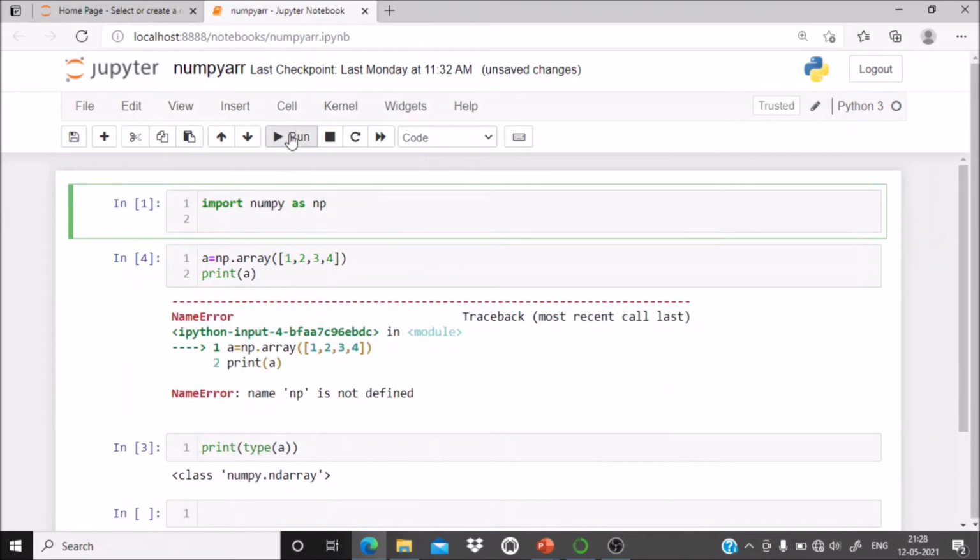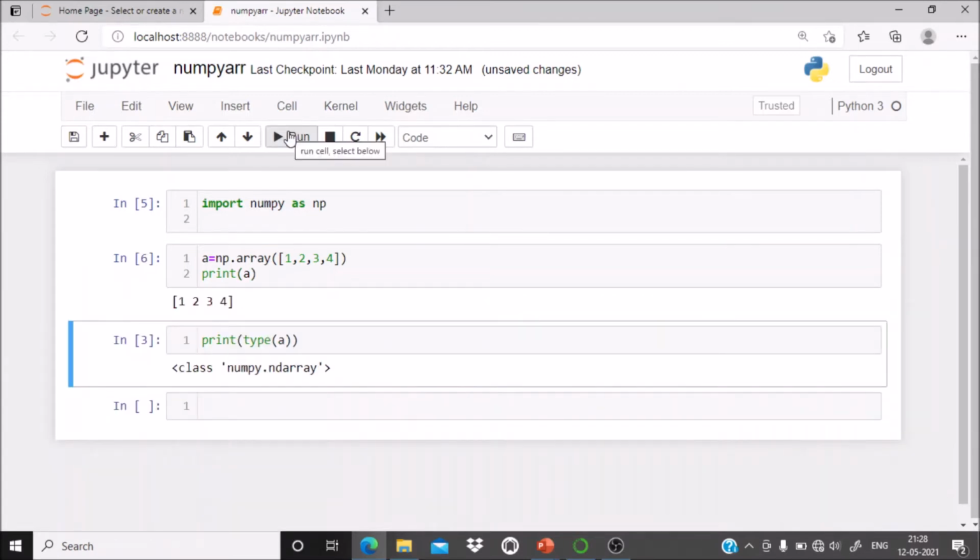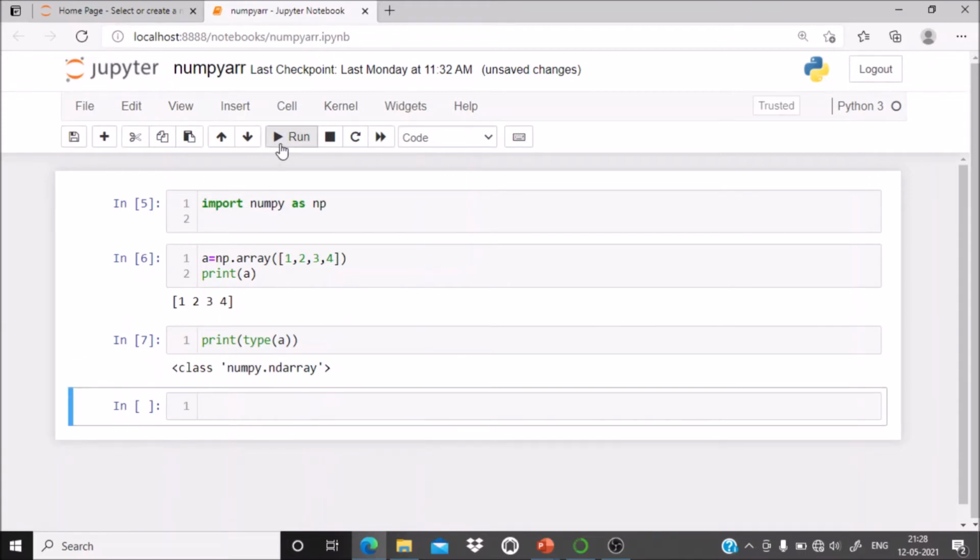You must run this first and then run this. Now you can see the output is 1 2 3 4, and if you check the type of A, it is a NumPy n-dimensional array.